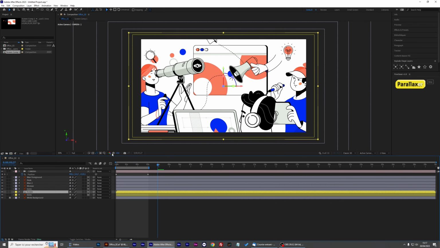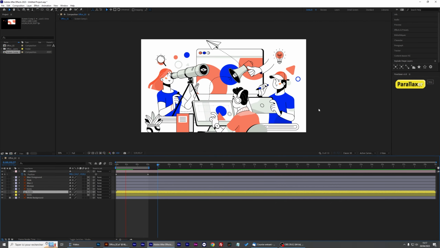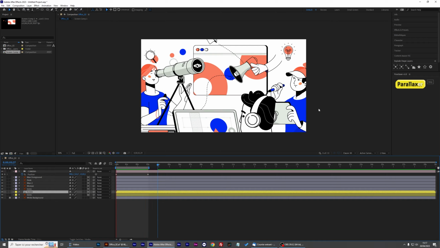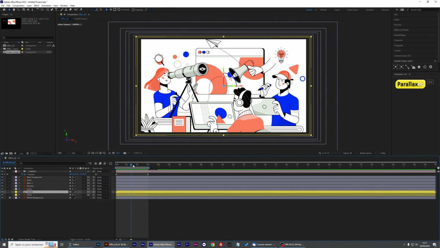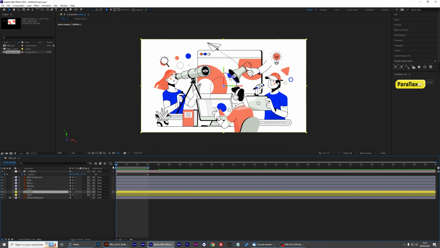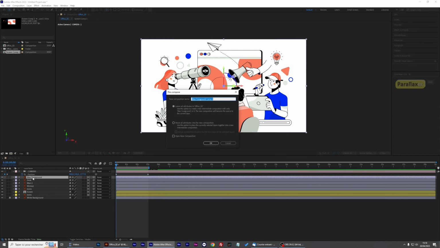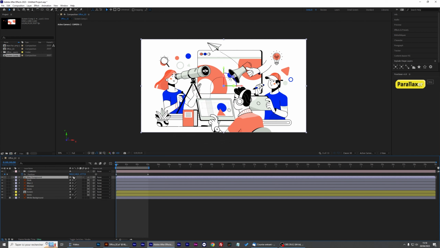Let's close the scene and check if the animation works in our main comp. Okay, this works. So now we're going to do something a little bit more complicated. We're going to animate our character here. So first thing to do is to pre-compose my man foreground layer. As it was vectorized, I cannot activate 3D and vectorization on a pre-composed composition, so I have to deactivate this.